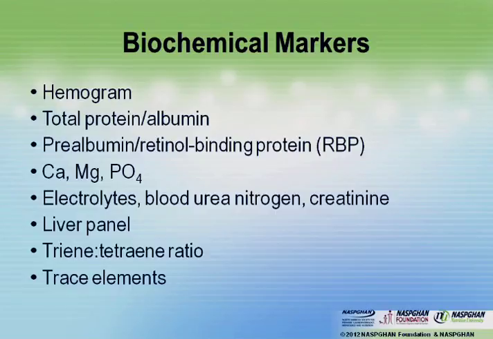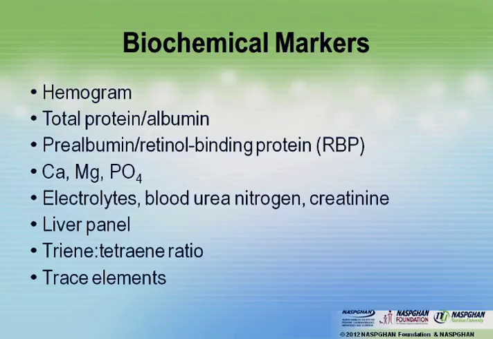Biochemical markers. What about these markers? What can we use to measure our vitamin status, our electrolyte status, and the like? Well, we can do a general hemogram. One of the points that wasn't really emphasized is that many of these patients can have mixed nutritional anemias, so that they can be both iron deficient and B12 deficient, and when you look at the MCV in this group of patients, it'll be normocytic. So you still have to screen for your